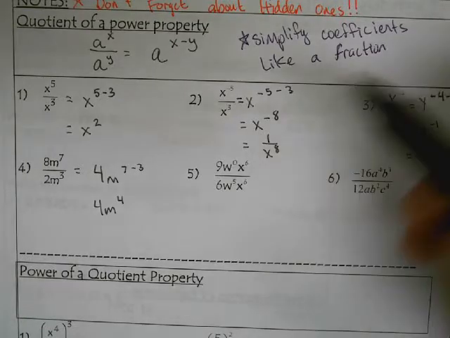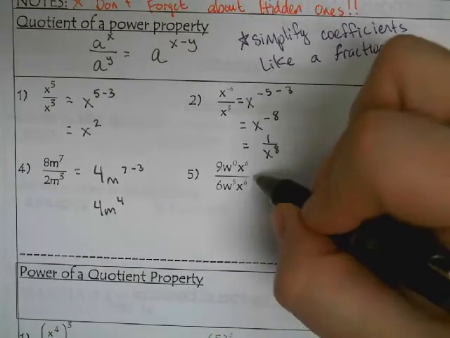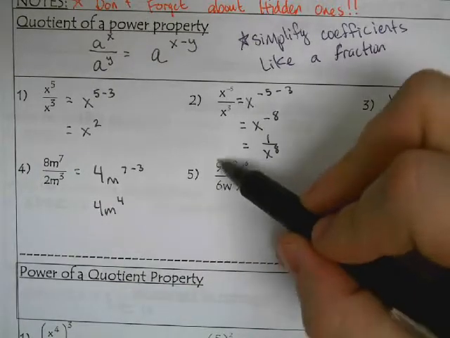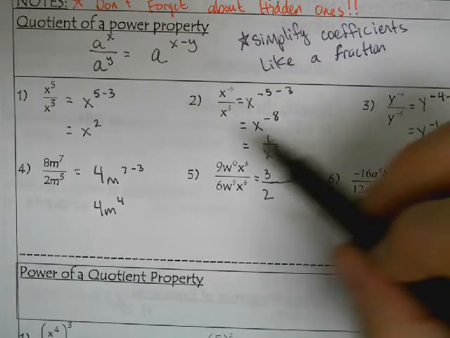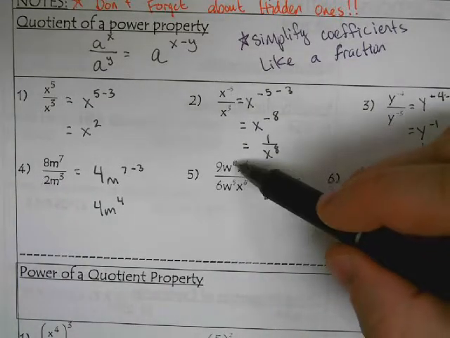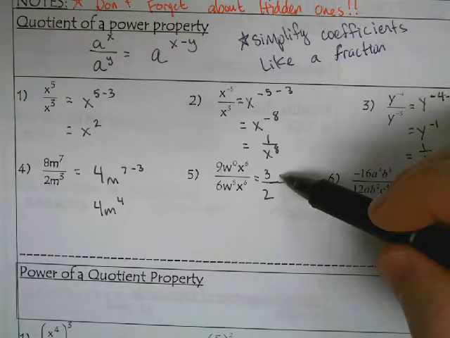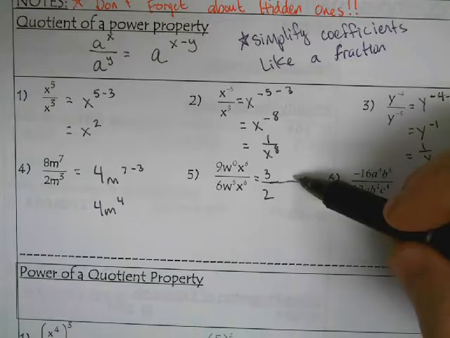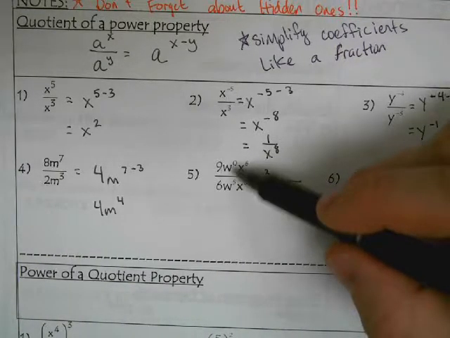Number 5, I'm going to simplify my fractions. Then we'll subtract our exponents. So I have 9 over 6. That would simplify to 3 over 2. And then this is how I like to do these. Whenever we're subtracting, whatever our result is goes in the numerator, positive or negative exponent, and then we'll move it around as necessary. So I'll have 0 minus 5, w to the 0 minus 5,